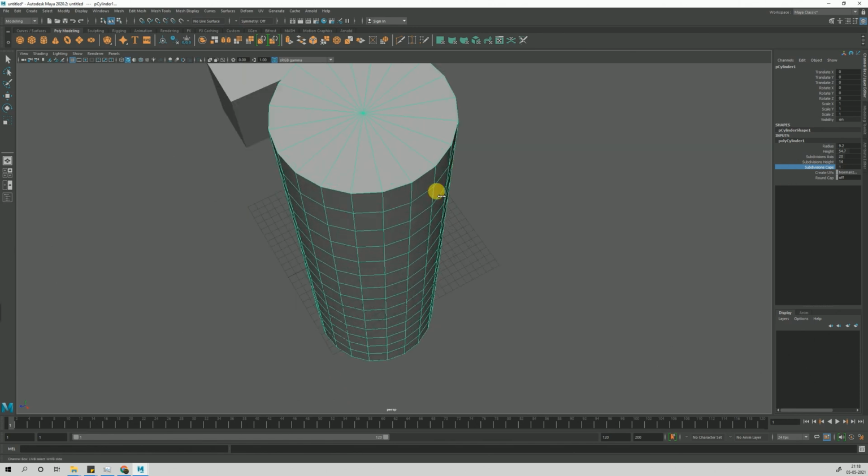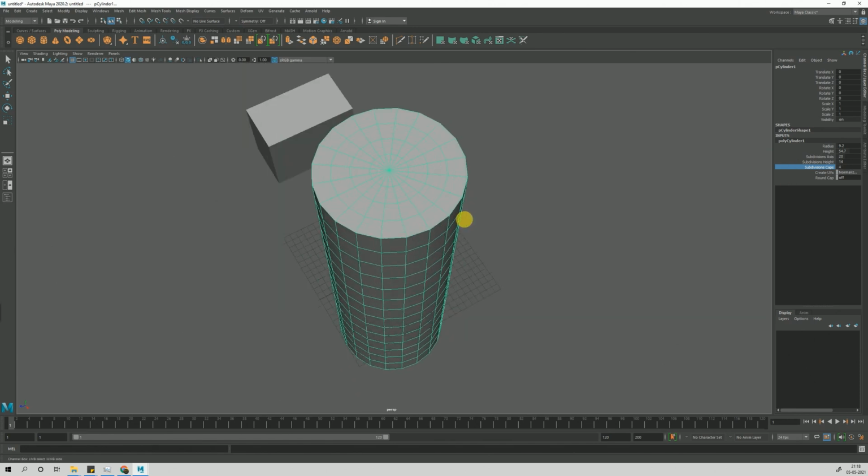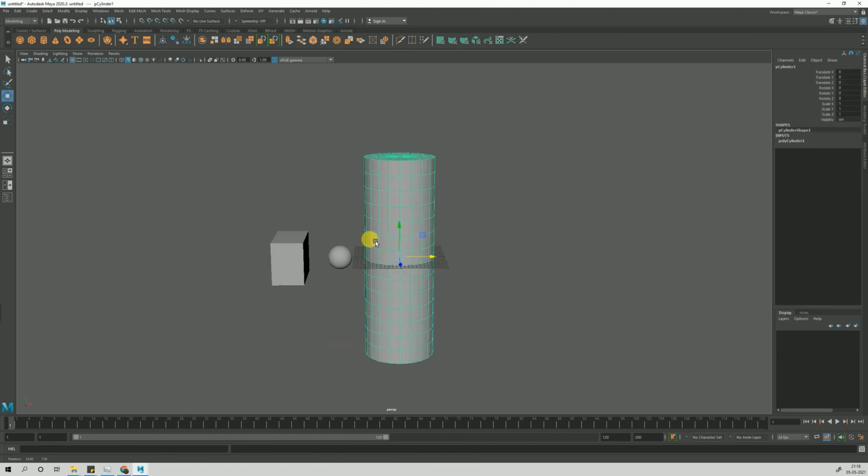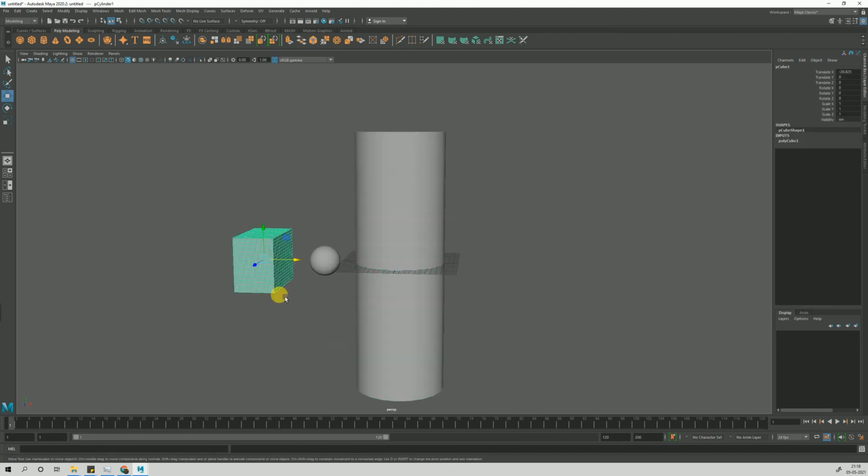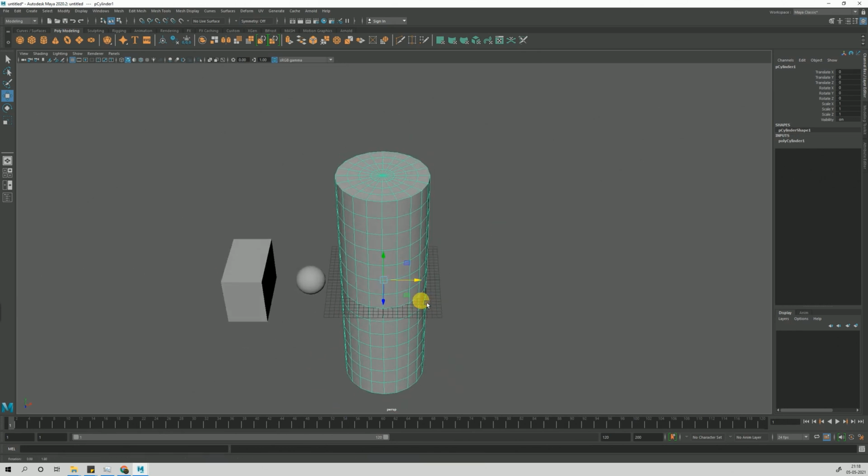The cap segments. This basically gives edges. So why are you going to need lots of edges? It still looks the same. When you go to the editing mode later on, then you're going to need it. You will not need that much here. So we stick with the basics right now. Let's move to the next shape.